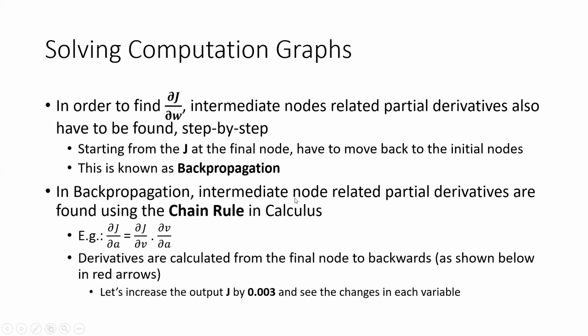So in backpropagation, the partial derivatives of intermediate nodes are found using the chain rule in calculus. This is something that you have to remember. When you are calculating the changes that have to happen, for example, if you want to find how much A should be changed for a change in J, you actually don't have this value directly. So instead of directly finding ∂J/∂A,